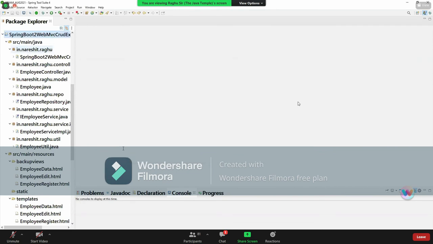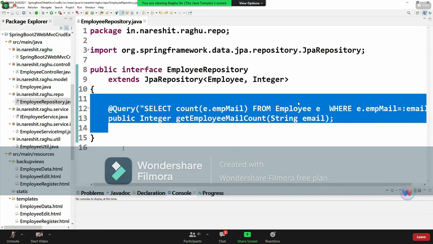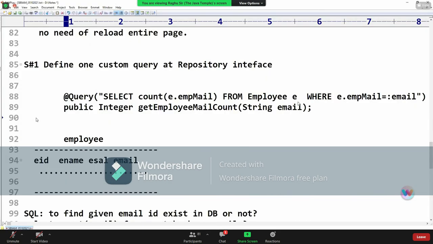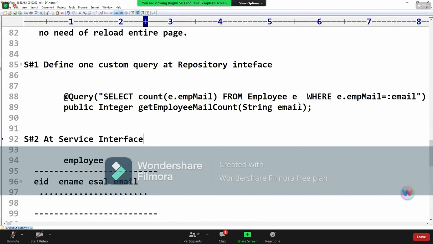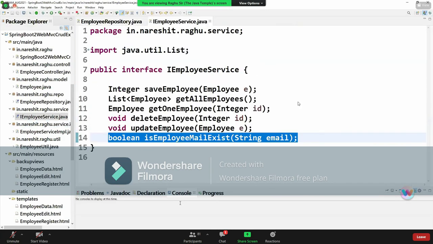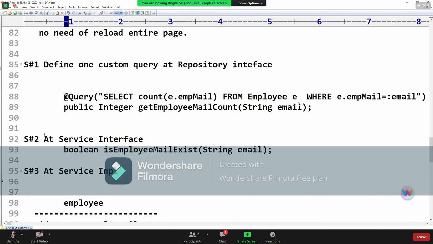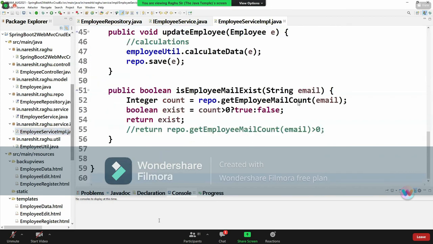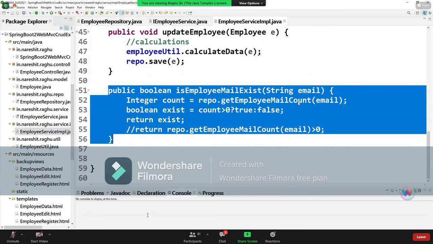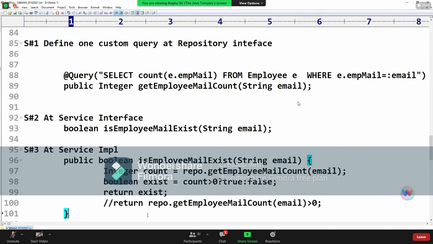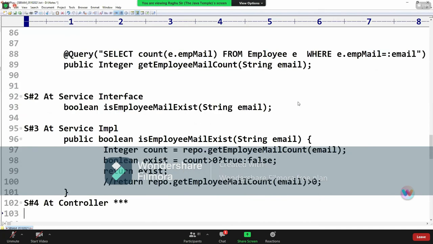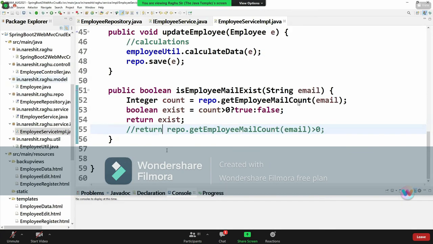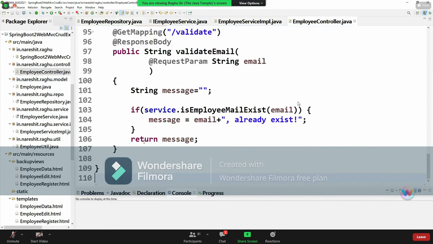Step number 2, add service interface. Just define the method. Step number 3, now, add service implementation here. We need to understand some concept here, which is when you establish the relationship between the use case and the actor. Step number 4, add a controller. This is important. The UI technology may change, no guarantee, but the controller code with @ResponseBody adds functionality to an existing use case when required.